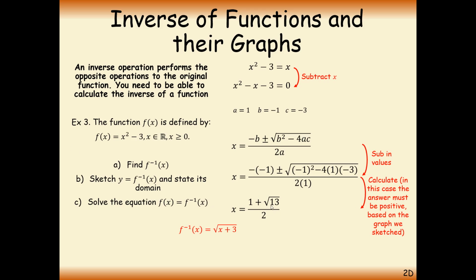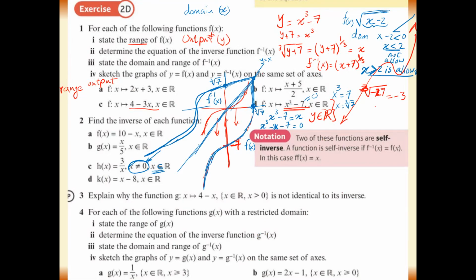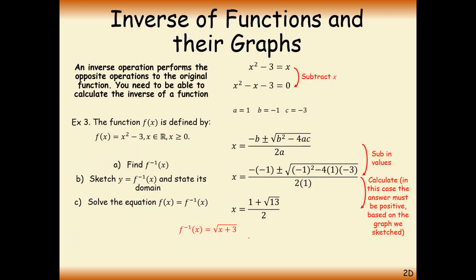we said the answer comes out to be 1 plus root 13 over 2. Notice we didn't have to do it that way either. We chose f of x to equal x, but we could have also written f inverse of x equals x. Having written x plus 3 under the square root equals x, we would get exactly the same formula. Just square both sides, and you get x plus 3 equals x squared, and subtract x squared from both sides, or rather take the left to the right, and you end up with the